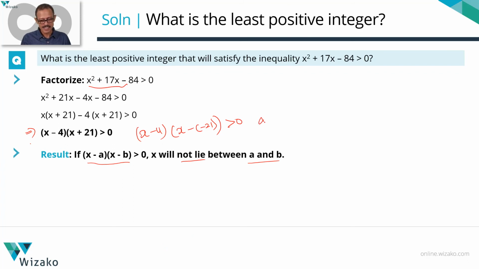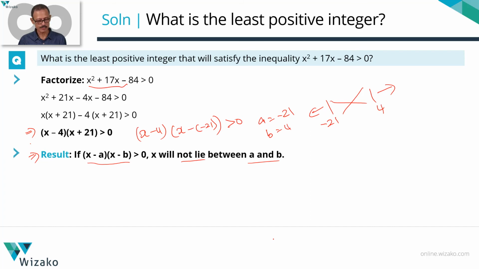So this is exactly going to look like x minus a times x minus b. What is a? A is equal to minus 21. What is b? B is equal to 4. Even if you swapped it, it's absolutely no problem. We are saying that if it is of the form x minus a into x minus b is greater than 0, it's not going to lie between a and b. A is minus 21, and b, which is 4, is to the right of minus 21 on the number line. So any value between minus 21 and 4 will not be a solution to this inequality, is what this result says. What does that mean? It's going to take values lesser than minus 21 or values which are greater than 4. It cannot be between minus 21 and 4.